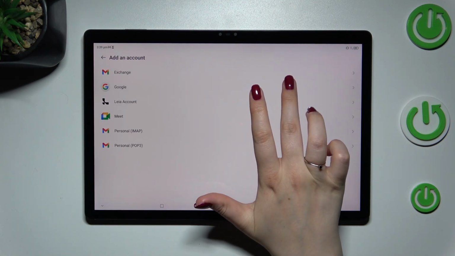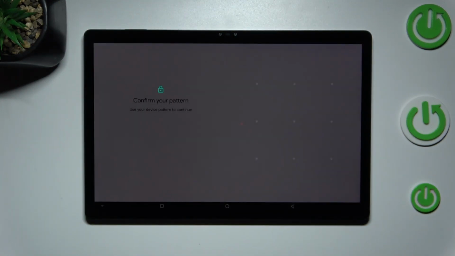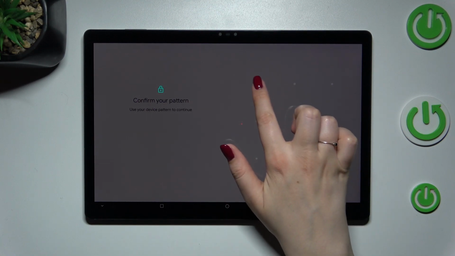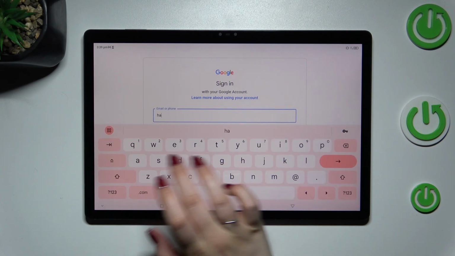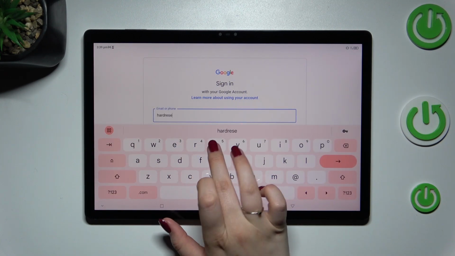Let's tap on add account and choose Google. Make sure that you've got the internet connection because it is required, and confirm everything with your screen lock. Right here in this step we can either create a new account if you do not have your own yet, or type your email or phone. So let me quickly do it